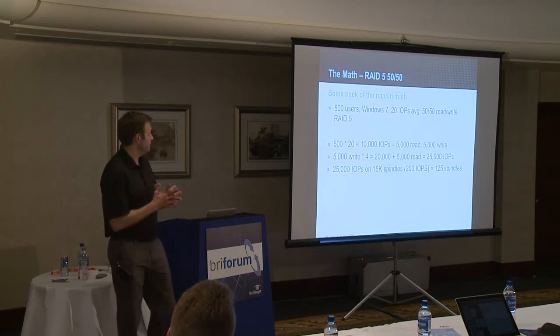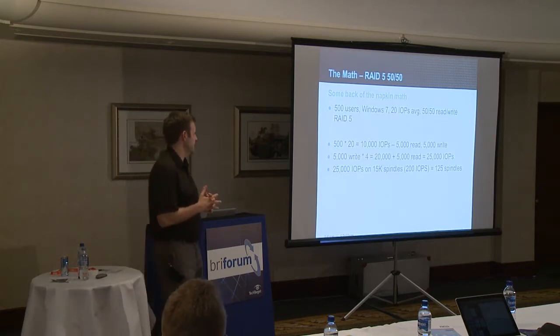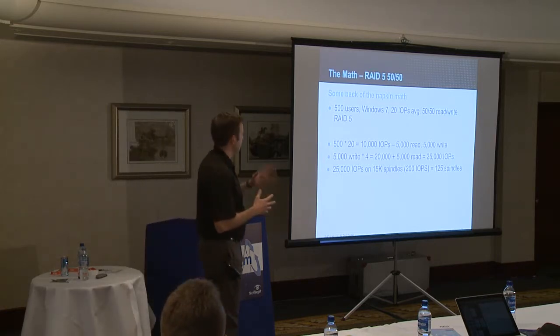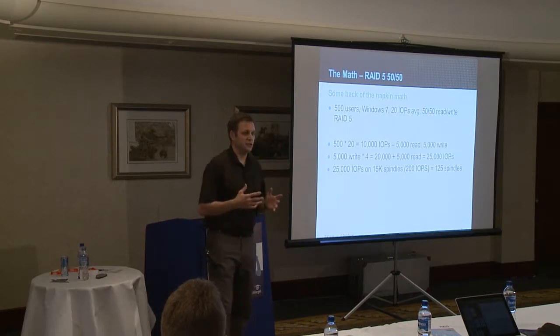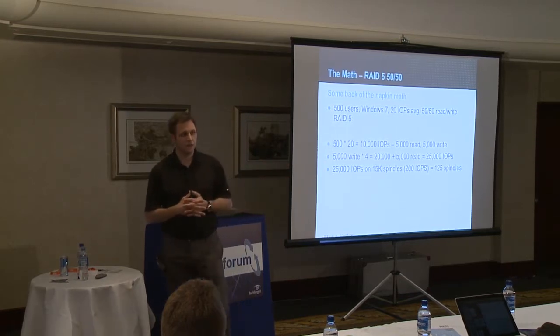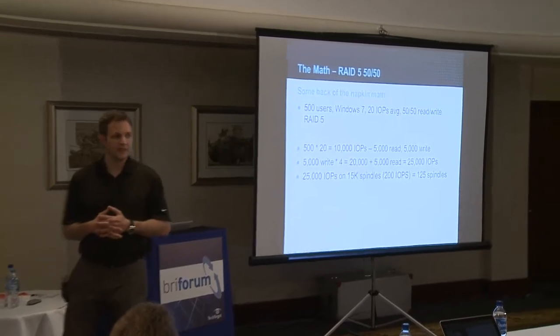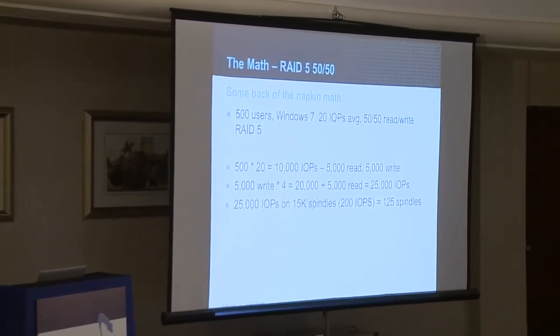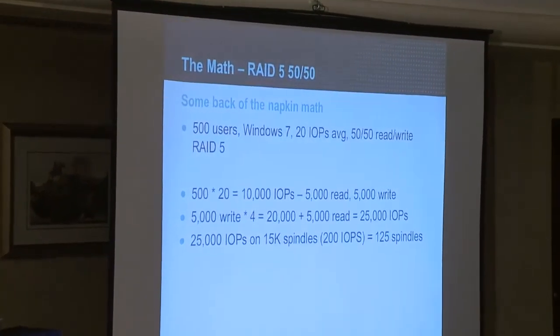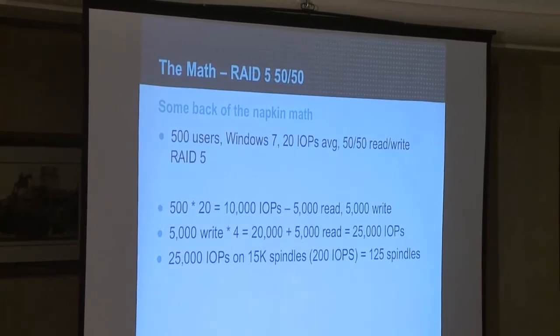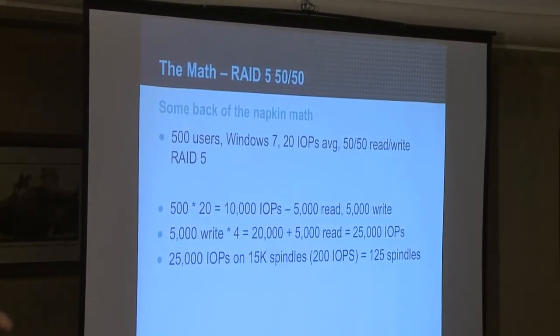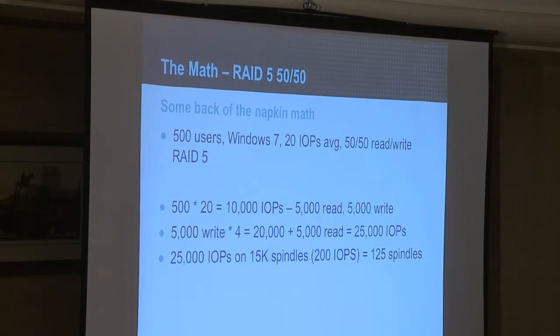So a little bit about the math, right? I'm taking an example here, and I use 500 users because Denver is a location where we don't have a lot of really large organizations. We don't have a lot of 10,000, 20,000 user organizations. But we've got a lot of organizations between that 500 user and 3,000 user size. And I go into a lot of organizations that are about 1,000 users in size.